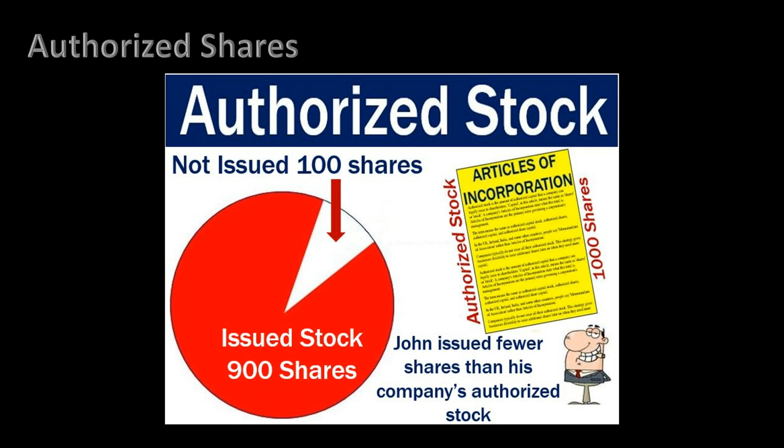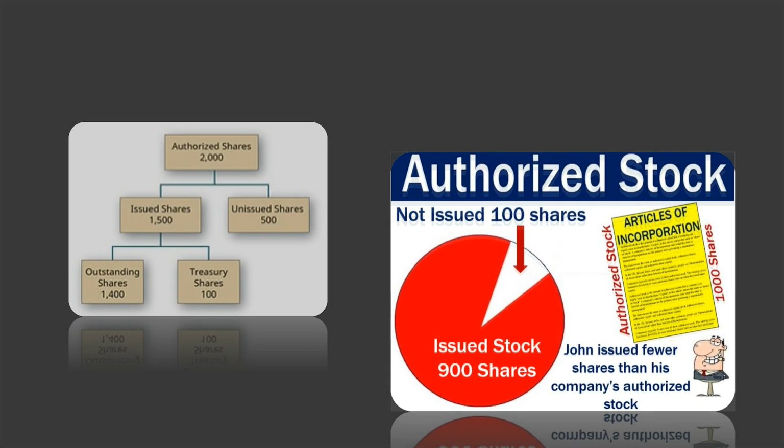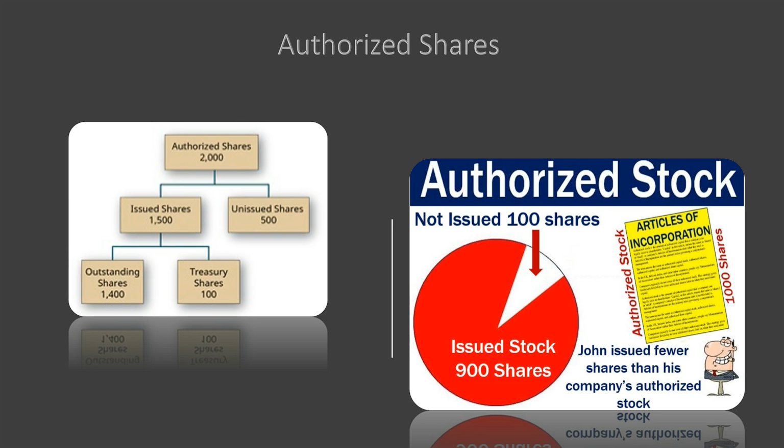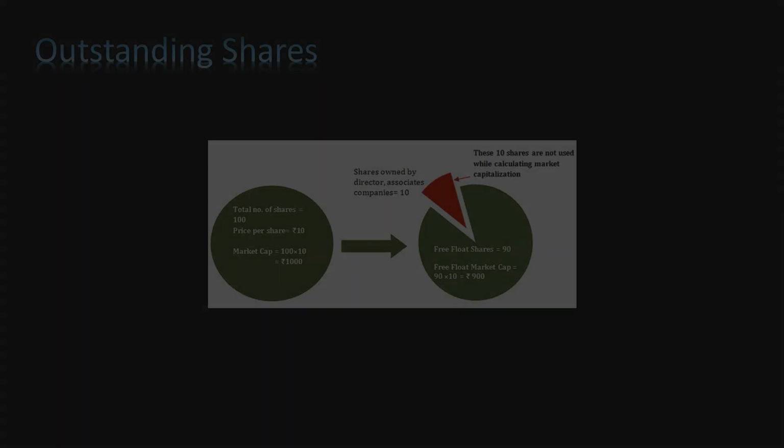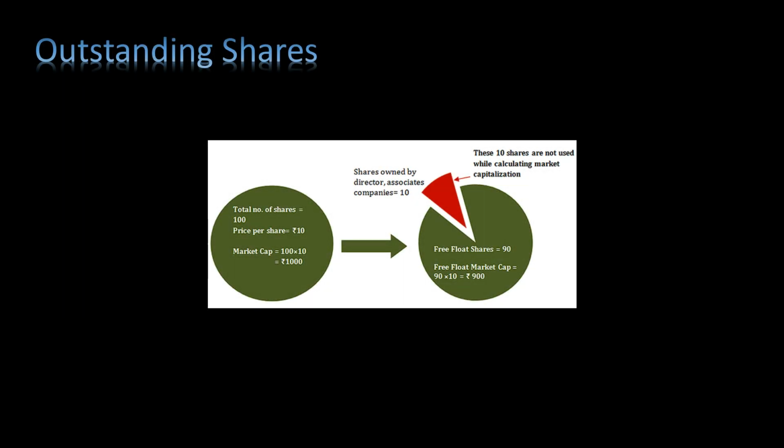It's important to note that just because a company can issue a certain number of shares doesn't mean it will issue all of them to the public. Typically, companies will, for many reasons, keep a portion of the shares in their own treasury. Not to be confused with authorized shares, outstanding shares refer to the number of stocks that a company has issued. This number represents all the shares that can be bought and sold by the public, as well as all the restricted shares that require special permission before being transacted.